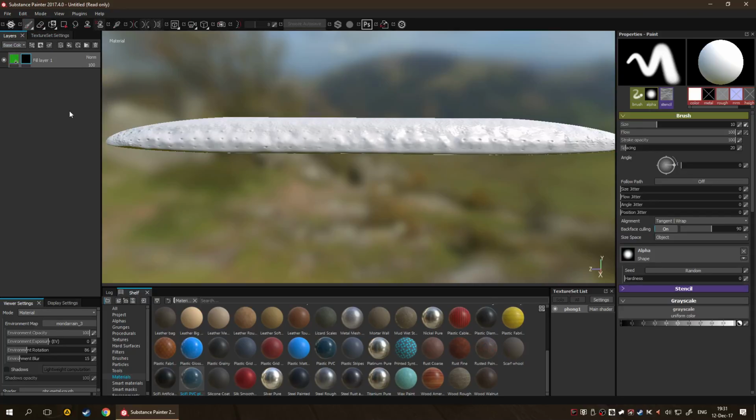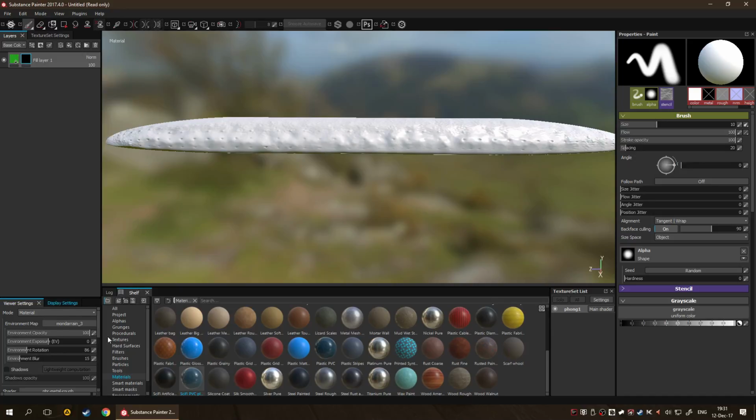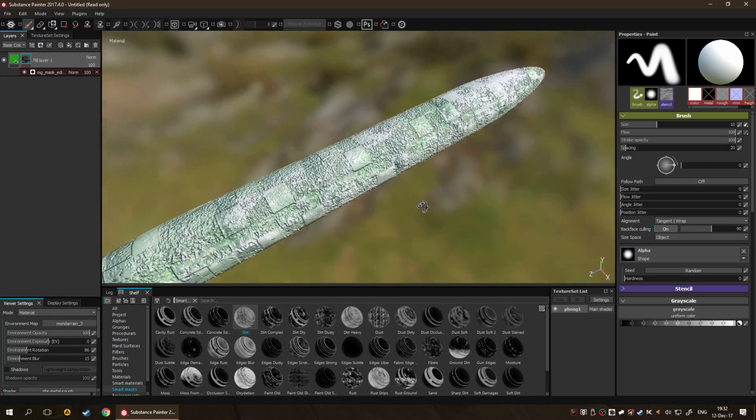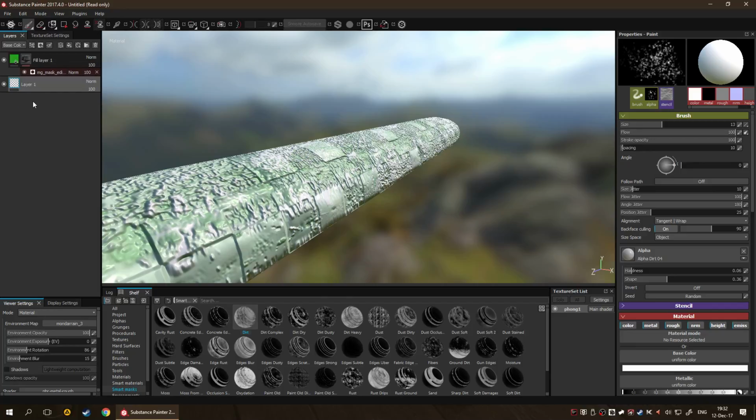Let's say a black mask, completely transparent, and you want to add some generators to it, so it creates some interesting kind of like thing. We could just grab a smart mask from here and just dump it over here. Let's say we want some dirt, and just dump it over here. You've got some dirt, so the dirt has a particular setting here, and then whatever is at the bottom will be the dirt color. So you could create another fill layer, drag it at the bottom,